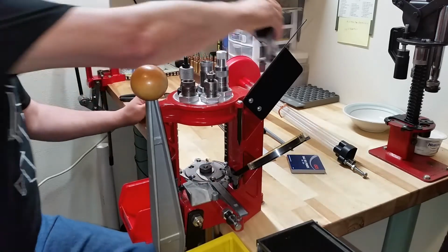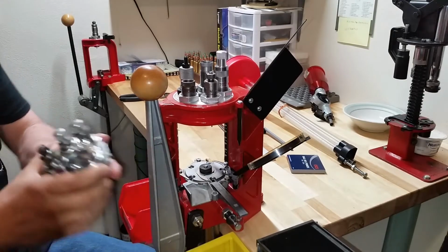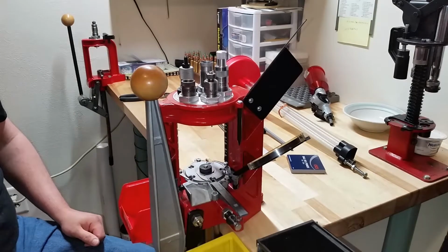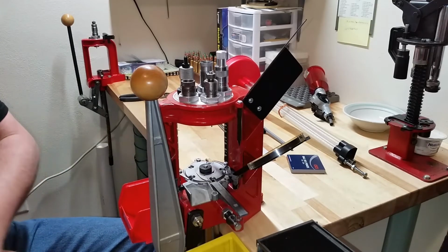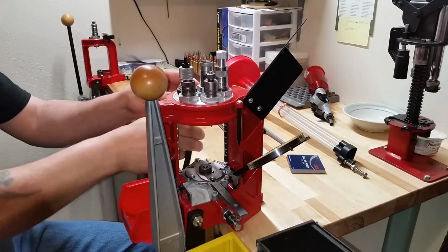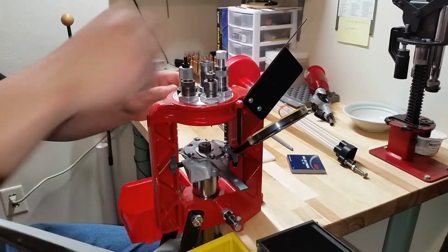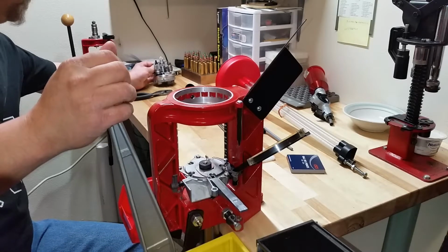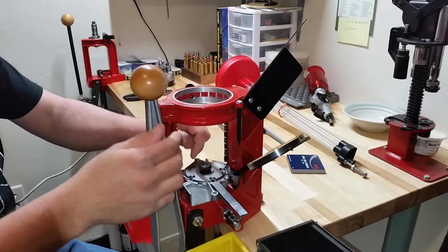Now, I don't have to set dies up. I just have to swap heads out. With .223, I hand feed the brass out of a bin. With 9mm, I use the case feeder. So the easiest way for me to do it is to pop that loose and get the head out of the way. That simple. Change that out, and while it's all open, I go ahead